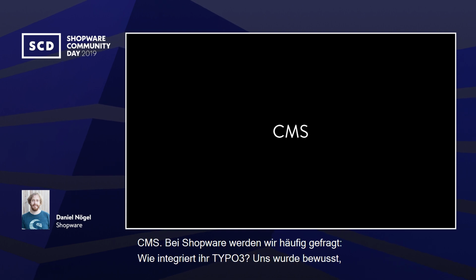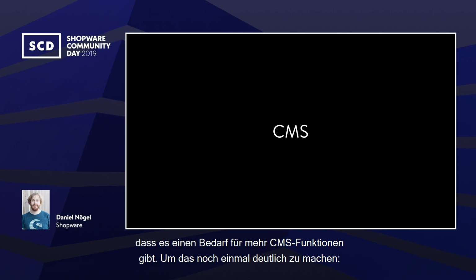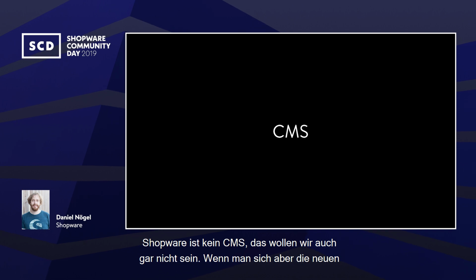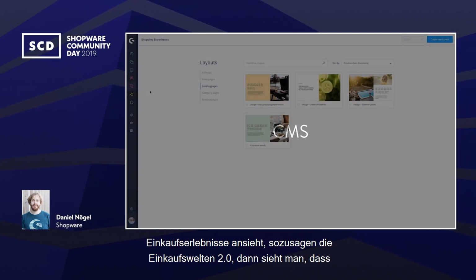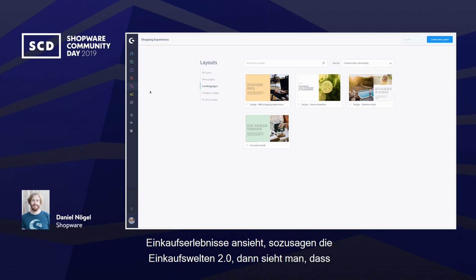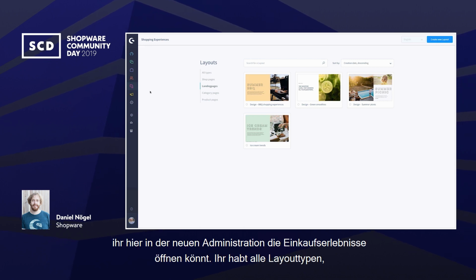Next up, let's talk about the CMS. And the typical question for Shopware is, how do you integrate Typo3 into it? And so we saw a certain need for more CMS-style functionalities. And to be clear, of course, Shopware is not a CMS, and I don't even want to claim that. But if you look at the new shopping experiences, that's the shopping worlds 2.0, so to say,